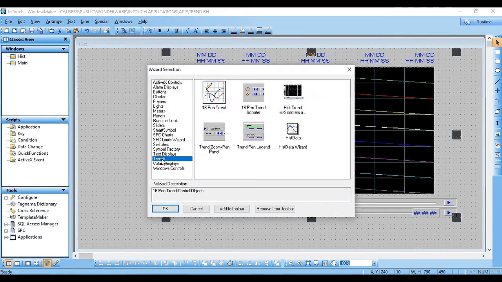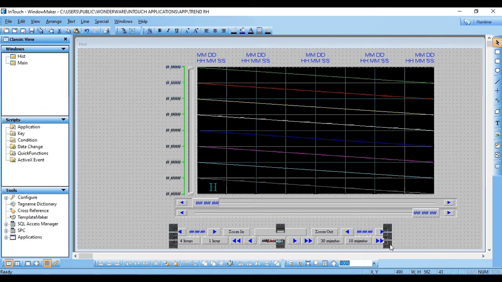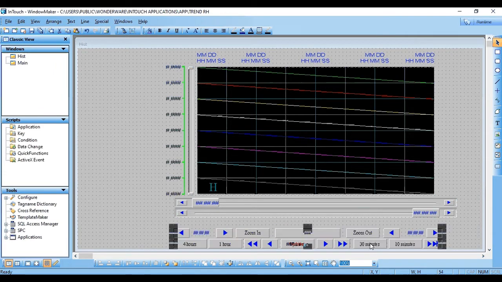Also, let's add the zoom panel so we can zoom in and zoom out on our parameters.